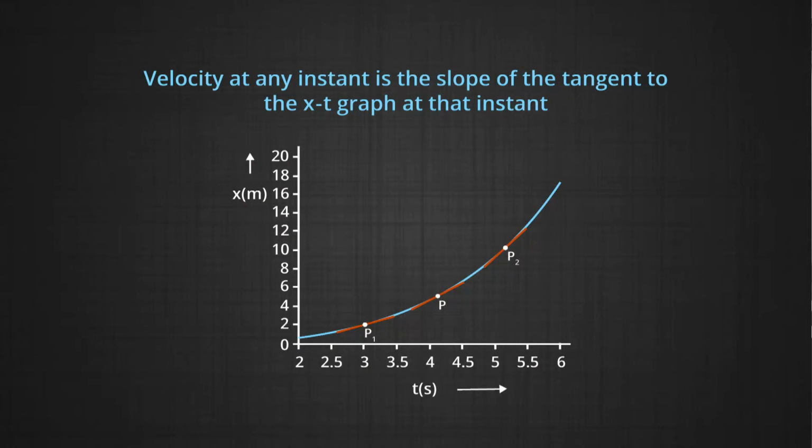But if it is a curve, you cannot justify this. So, when you have a curve, how does the position change and consequently how is the velocity to be interpreted from that? Let us take a look at this graph. Velocity at an instant is the slope of the tangent to the graph at that instant. Now, this tangent is going to continuously change.